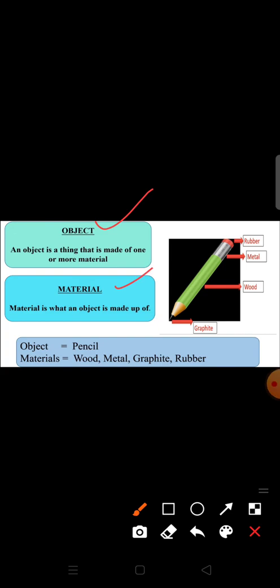Here the pencil is an object, and rubber, metal, wood and graphite are the materials.